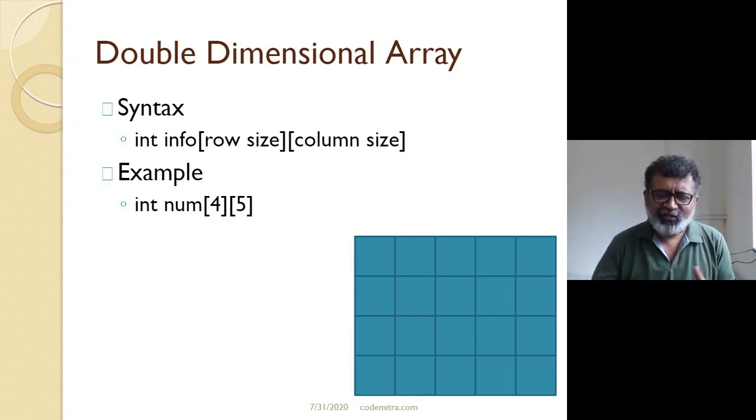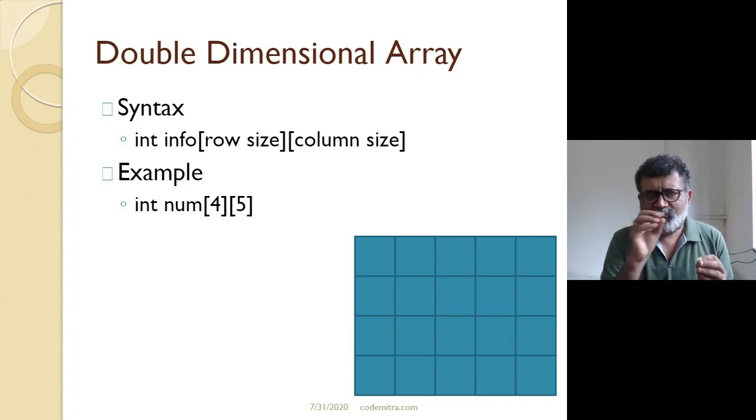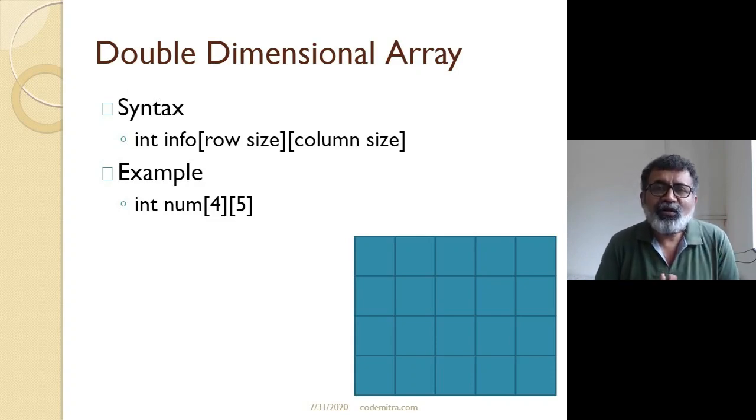Double dimensional array is what you see in the presentation. So there will be rows and columns. The single dimensional array is just one element beside another element, contiguous memory location. And in a double dimensional array, there will be rows and columns. But friends, this is a pictorial representation for us, not for the memory.